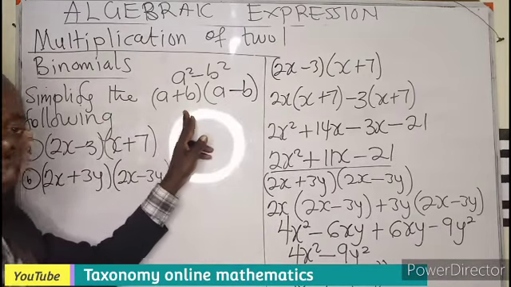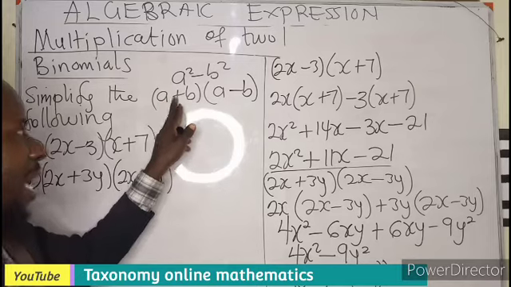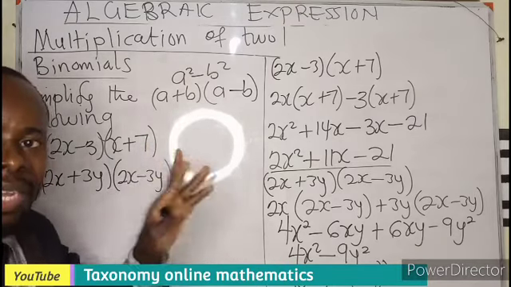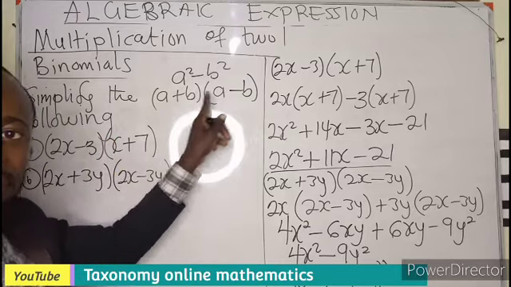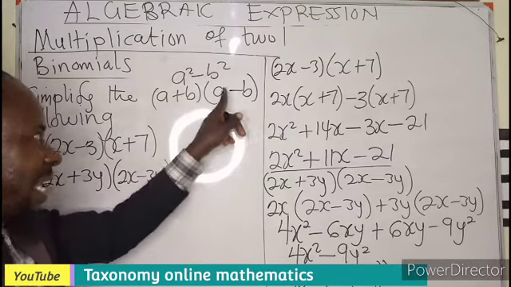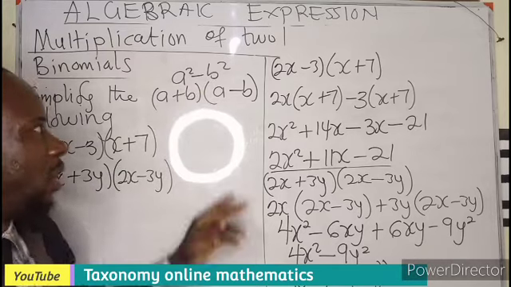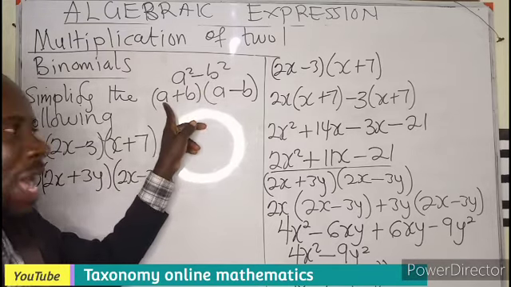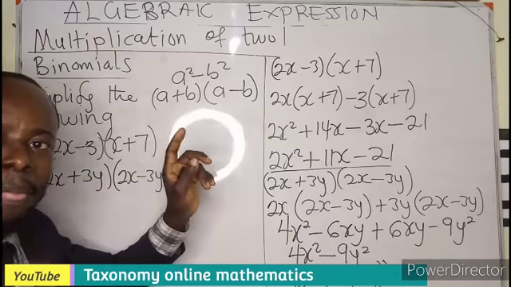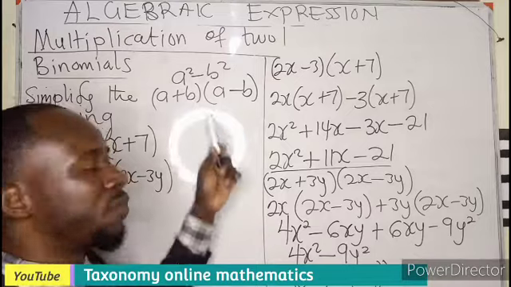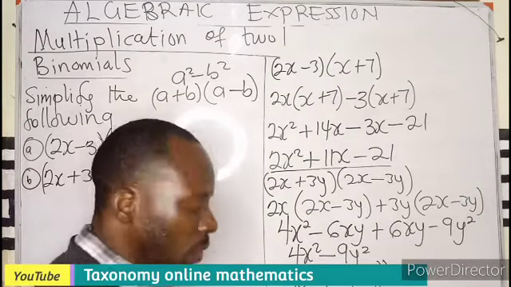So this is a difference of two squares, whereby you have brackets. The terms in the brackets are the same. The only difference is the sign in between them. If the sign is different, then your answer is going to be a difference of two squares: only the first number squared minus the second number squared. So keep that in mind when you have a question that involves difference of two squares. Alright,